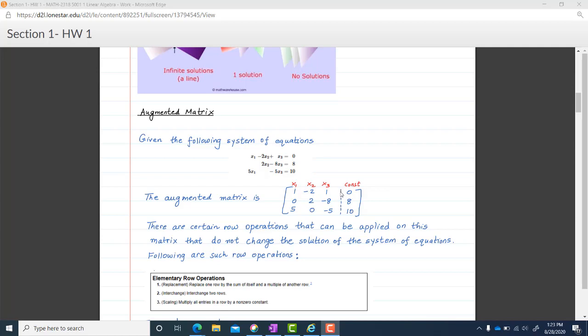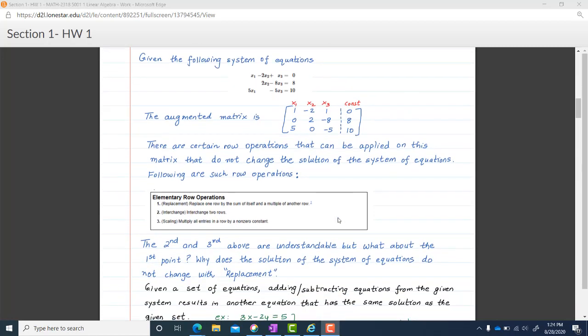And we usually break this to show that the last column has constants. We use a dotted line in between so that the first three columns represent the coefficients of the equations and the last one is a column of constants. Then we can apply certain row operations to the matrices and it does not change the solution of